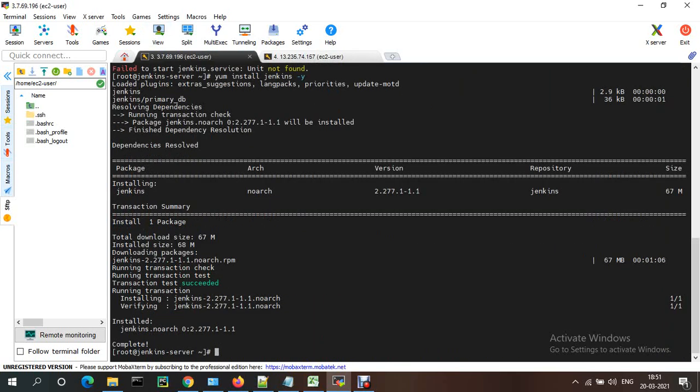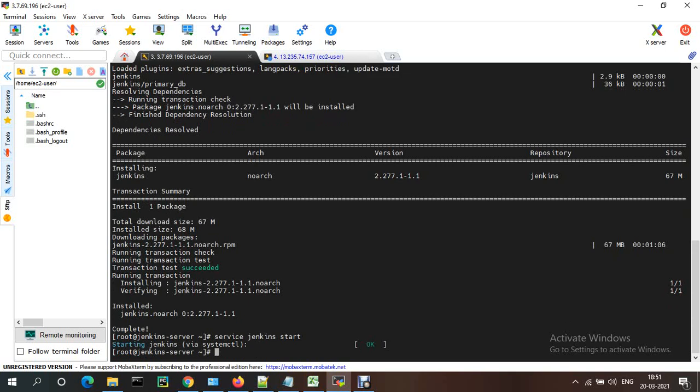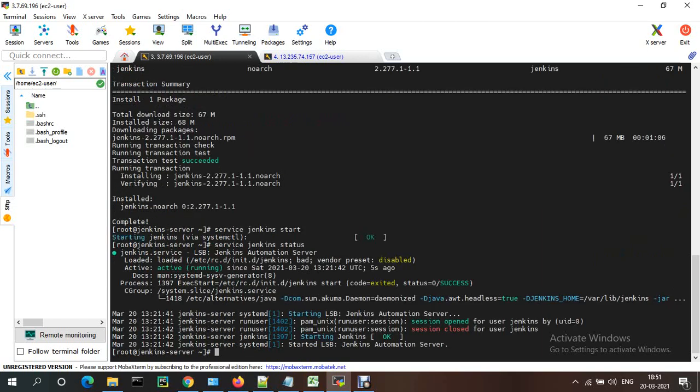Let me check here. Jenkins is now installed, but if you check the status, it has not been started. Now it has started, and if you check the status, it is up and running. If you want Jenkins to run as a service even if your VM is stopped, you need to run chkconfig jenkins on.